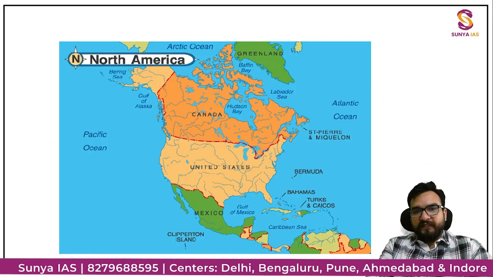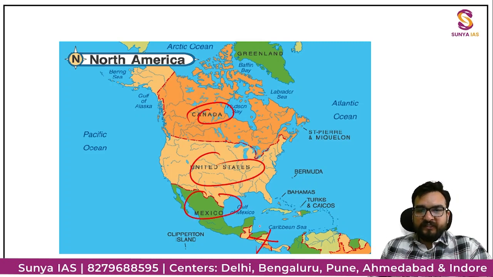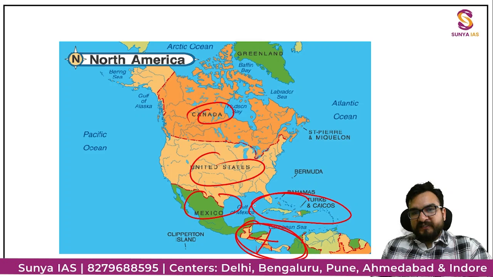So this we have seen in the last class. North America, we have understood about the countries, about the Central American also. These three are easy. Canada, US, Mexico is easy. Can you remember the Central American countries now? Can you remember these Caribbean countries? Few of the Caribbean countries I have told you. One island I have shown you that was of the United States. Can you remember this particular country?